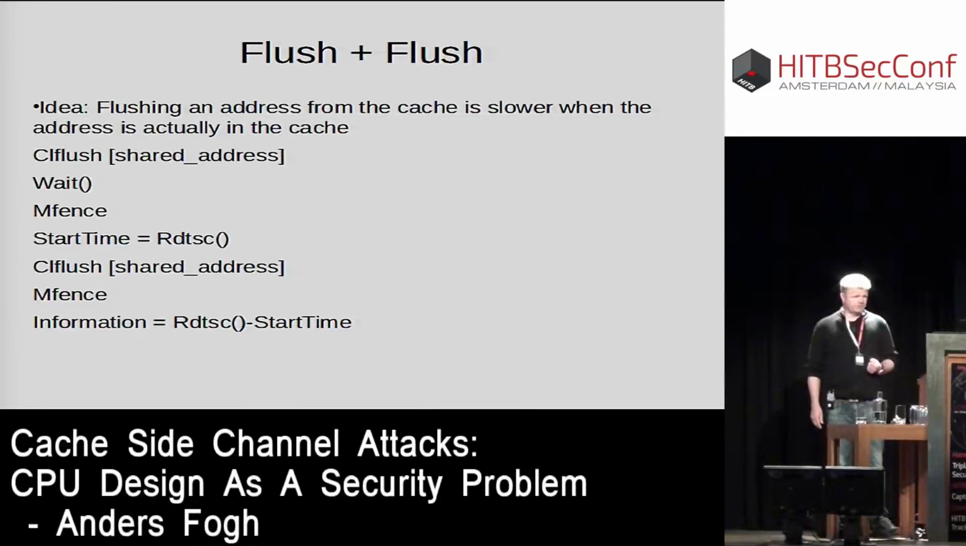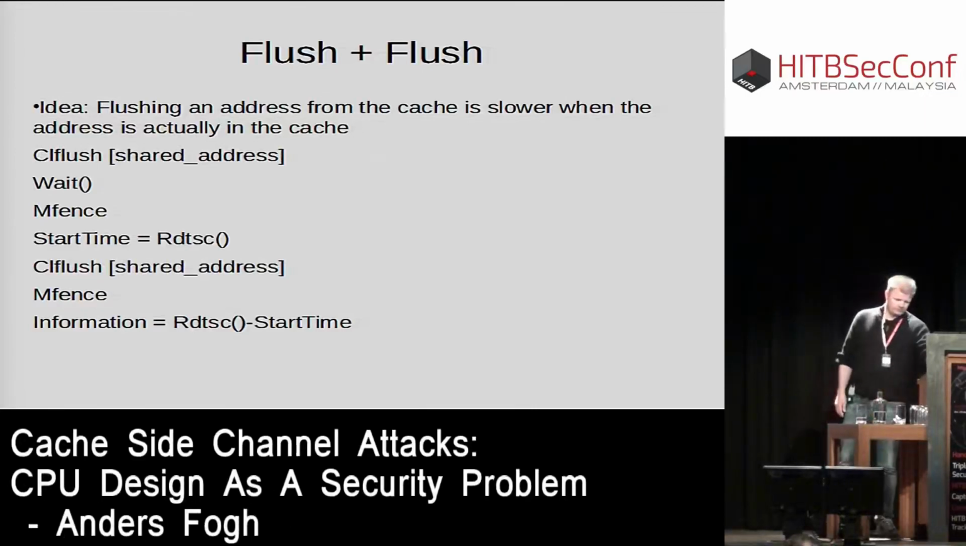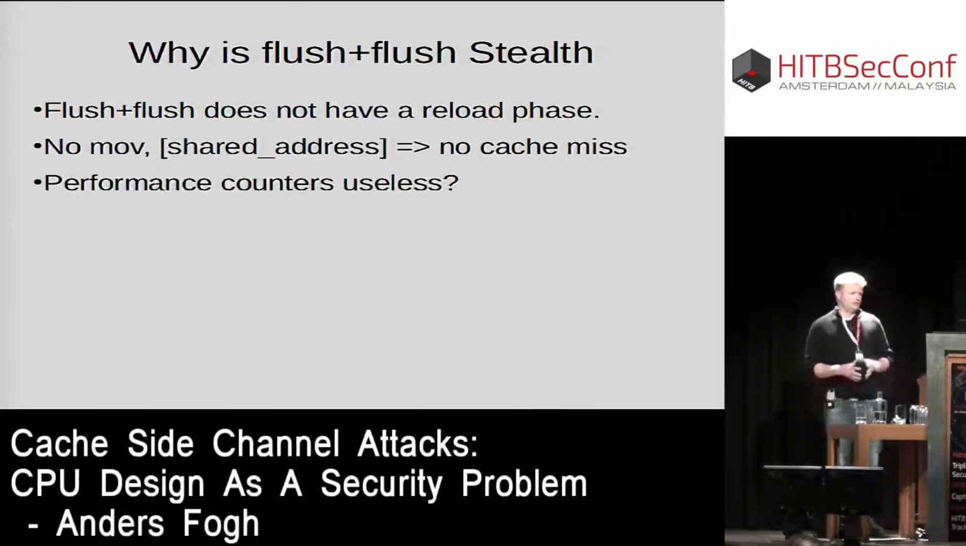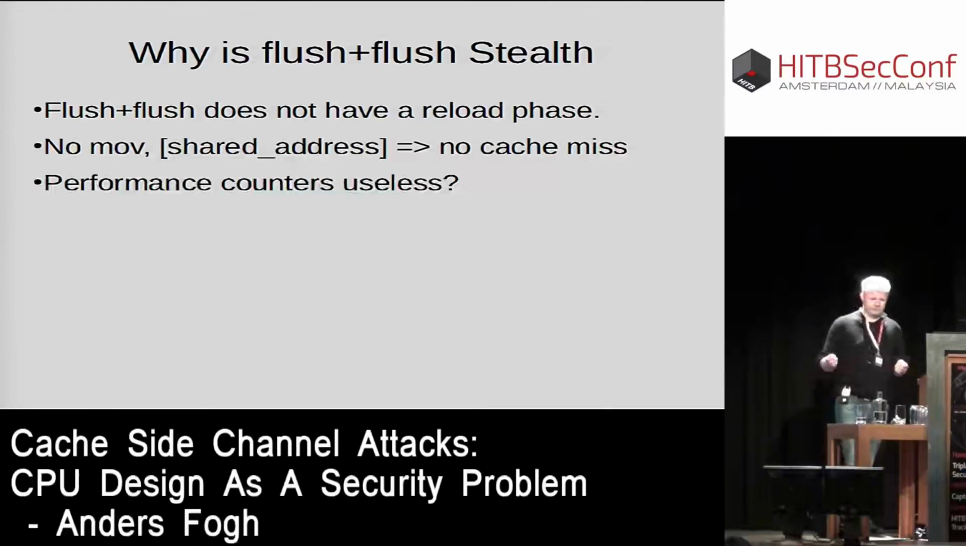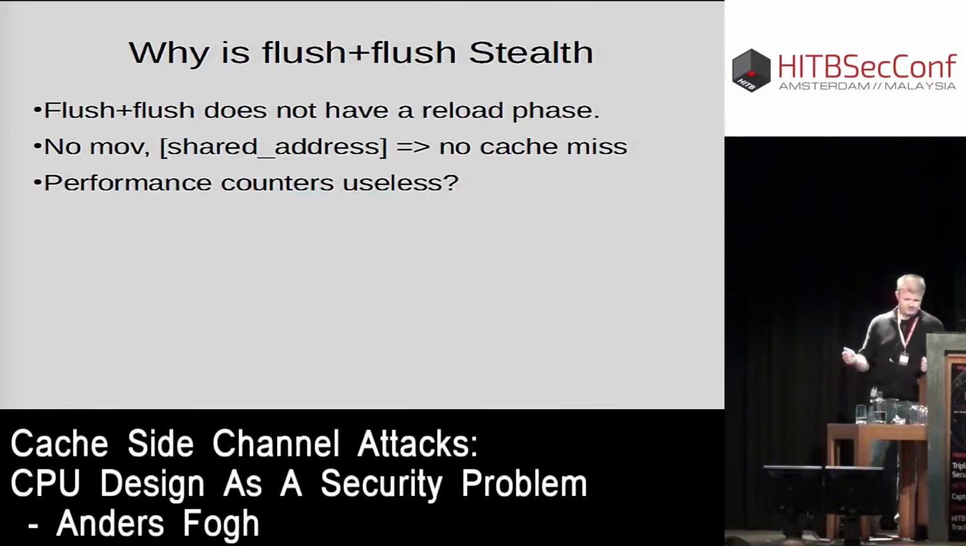The authors of the article called this a stealth side channel attack, and we can speculate about the reason. And the reason is flush and flush does not have a reload phase. And that means there's no mov, no shared address, meaning we get no cache misses, meaning that the detection method that I originally proposed is not going to work very well. So we can ask if performance counters are useless. The answer is no, we can actually do something with them, but I can just see that I have enough time to